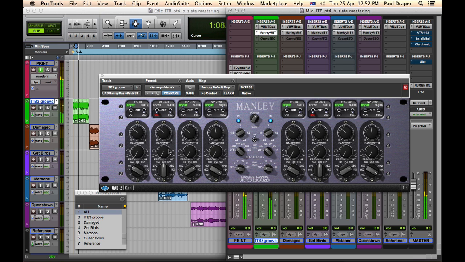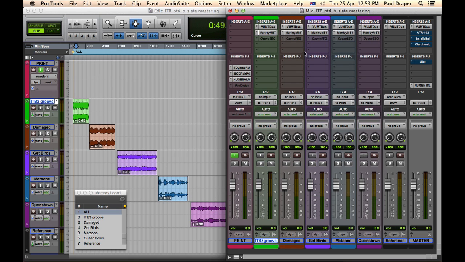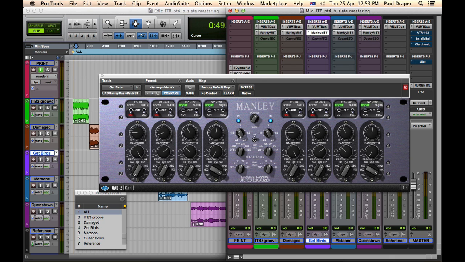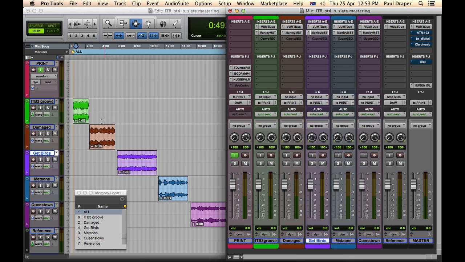Very nice piece of kit. Same, we're cutting 560, let's cut it more. Okay, so that's how the Manley works, and you can see you've got that full sweep there that's really gentle and very transparent. And basically through all of these tracks I've applied slightly different level matching, slightly different EQ curves